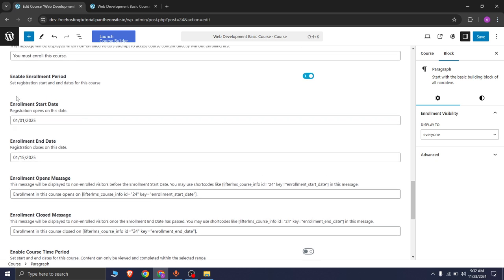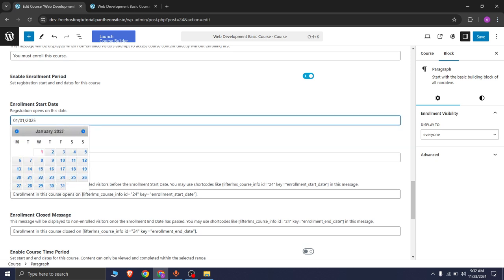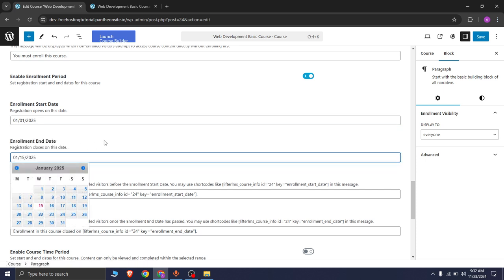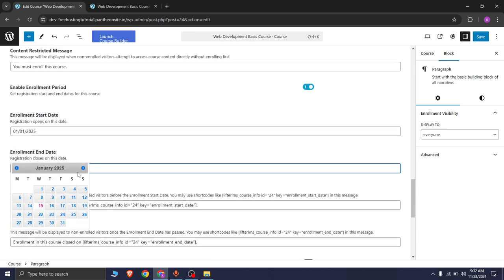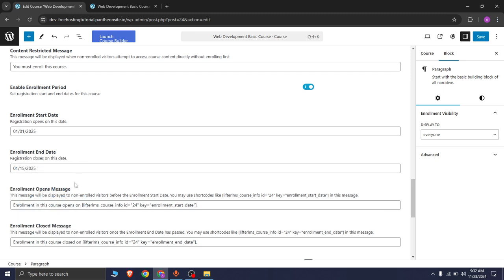So you will be given 4 extra options: enrollment start date, end date, and you can display these messages. So let's select January 1, 2025. See, I have selected January 1, 2025. You can change it from here. And for the end date, I have selected 15 January 2025. So if I save and then preview it,